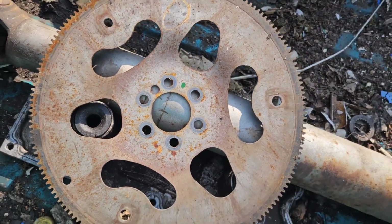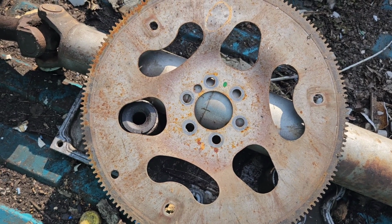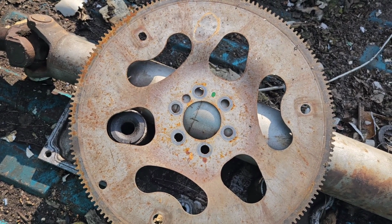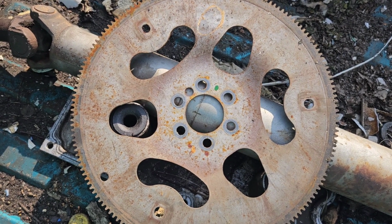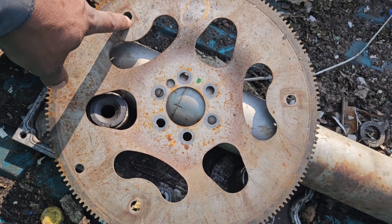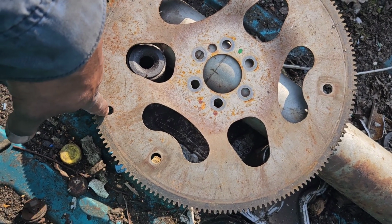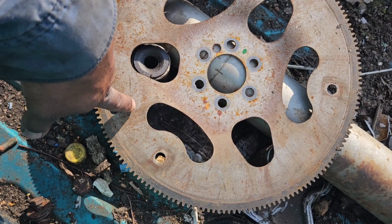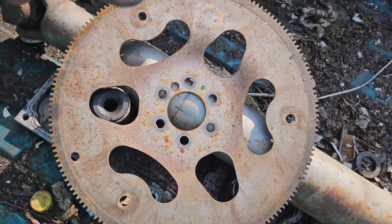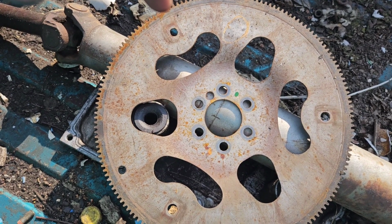Even though this is a 4L60 transmission, it is a 95 or 94 style, or the very early style 4L60 transmission. So we have to get that taken care of. I'm going to use a die grinder, compressor, slot the hole one way or another. Can't remember which way I need to go, but I think I need to go in like this. Yeah. And then once we do that, I'm gonna drop the drive shaft in, put some fluid in, and see